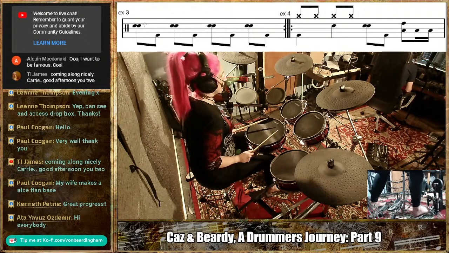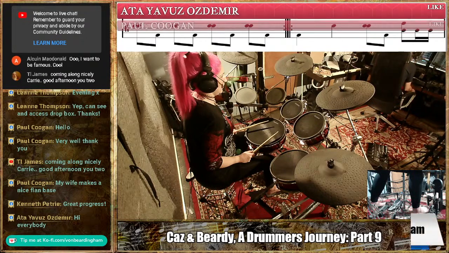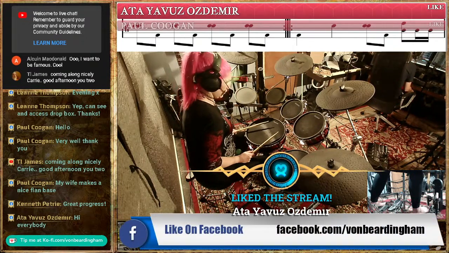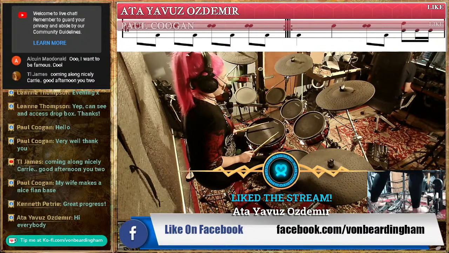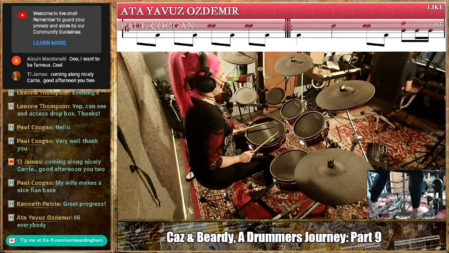So, flam on the snare, bass drum, tom 3 and tom 2. Sorry, right hand on tom 3, left hand on tom 2, and then we're going right left on tom 3. So ba dum ba ba ba. So 3 and 4 and